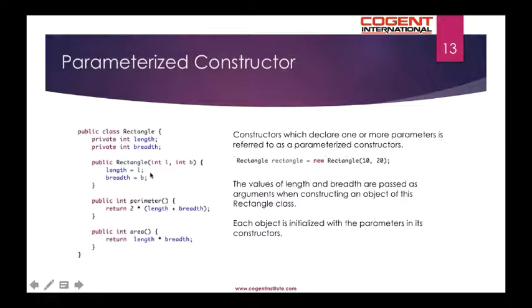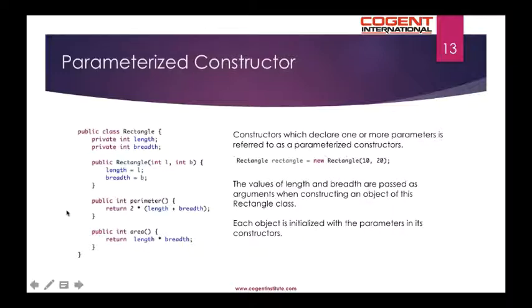In the previous examples, we have seen constructors which do not take any parameters. But in this example, we have a constructor which takes two int parameters. Constructors which declare one or more parameters are referred to as parameterized constructors.